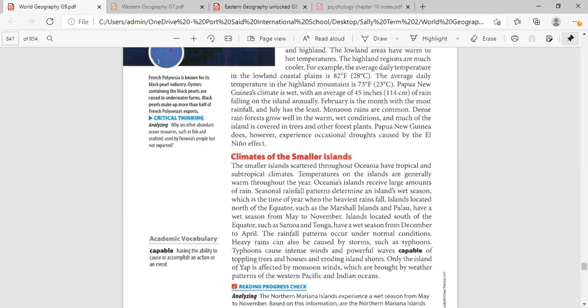Also, the islands are located north of the equator, so they also have hot weather. But they have the wet season from December to April. The rainfall pattern occurs under normal conditions. Heavy rains can also be caused by storms such as typhoons. And typhoons cause intense wind and powerful waves, which are capable of toppling trees and houses